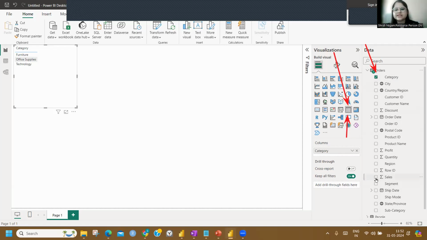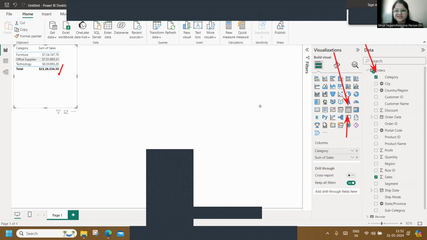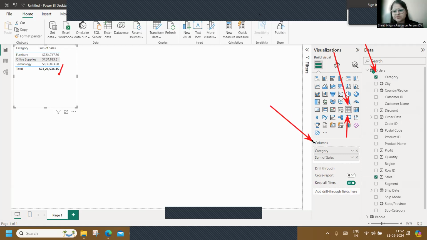Now let's check on sales here, everyone. Check on sales. And you can see sales here added as a report. We do have a total added here. Also observe, there are multiple components here. So here let's look at columns. Now what happens in Power BI is